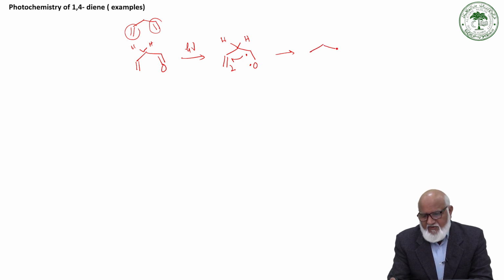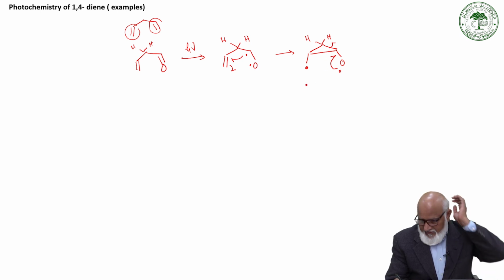Then we expect the formation of the cyclopropane ring, with this radical here and oxygen here. Now this will also undergo opening of the cyclopropane ring. We can expect either this going to a double bond. Most probably the O radical will convert to carbonyl and then the cleavage of this occurs. So this is the most probable